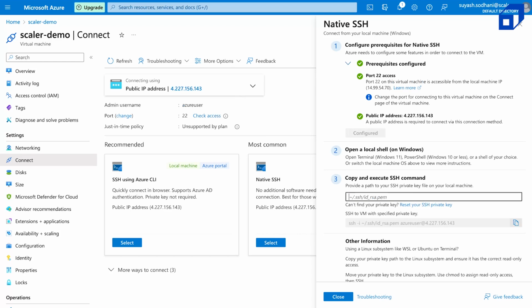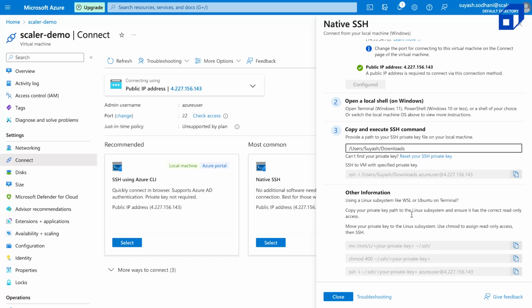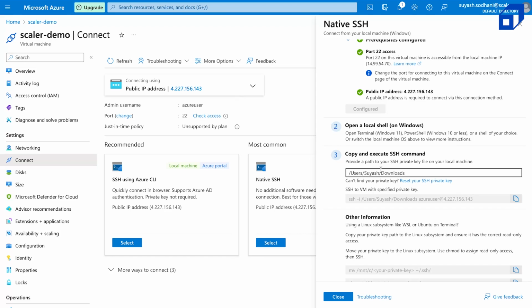And as you can see, guys, as soon as I added my PEM file, the command changed over here. I am able to see that this is the optimized command for accessing my virtual machine. So what you can do, you can just copy it. Also, guys, if you don't want to do this, you can directly type in your own path where your PEM file is available. You can add it over here and just copy it from this side. One more thing, guys. As soon as this is added,